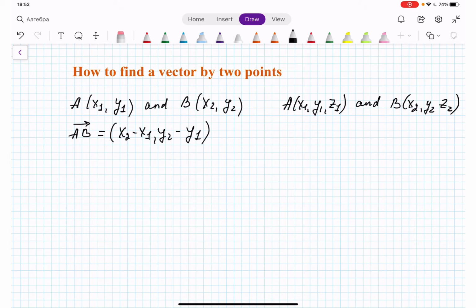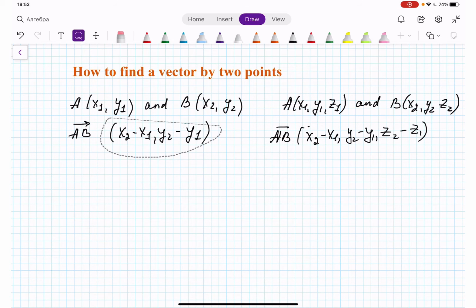Then the vector AB in space is going to be equal to the coordinates x2 minus x1, y2 minus y1, z2 minus z1. So from here we can say that to find the vector based on given coordinates,